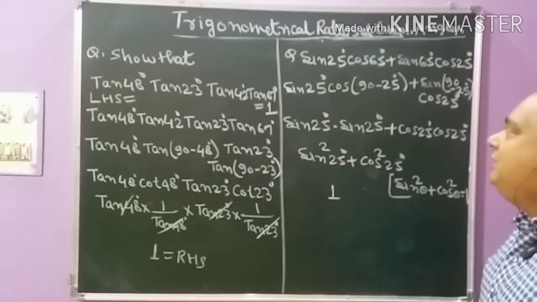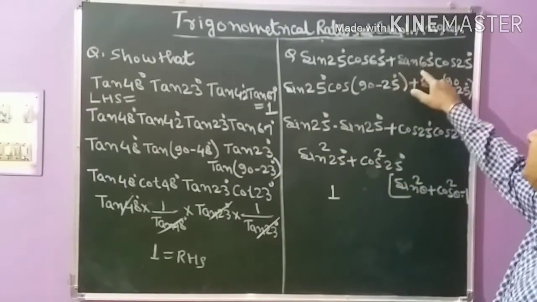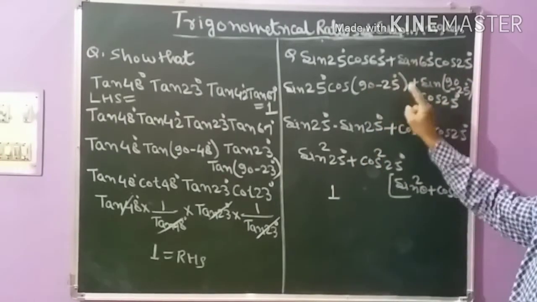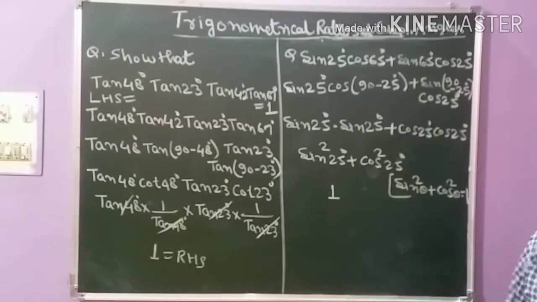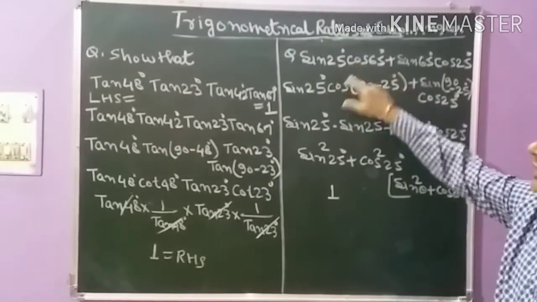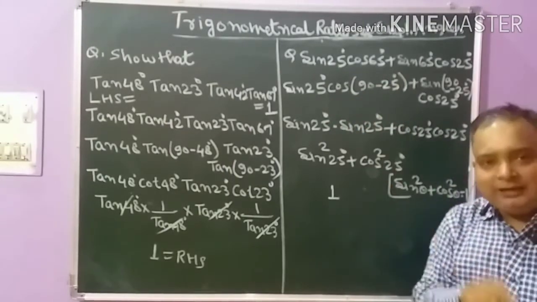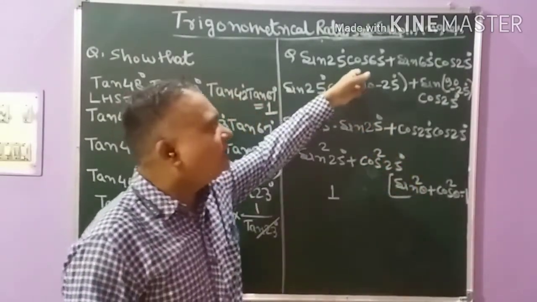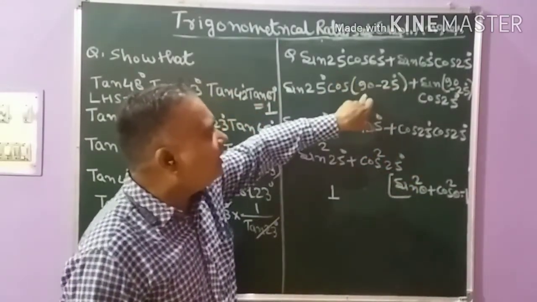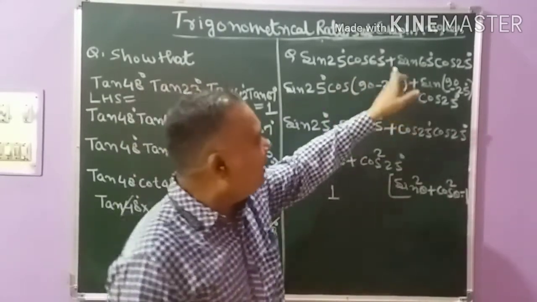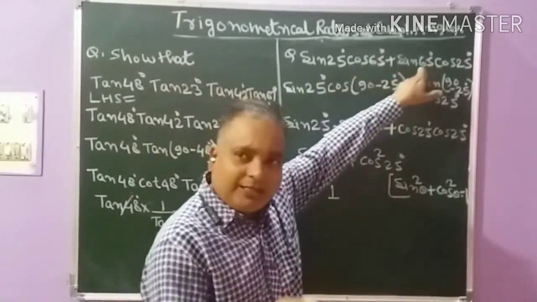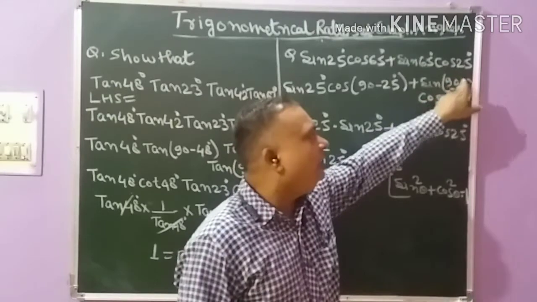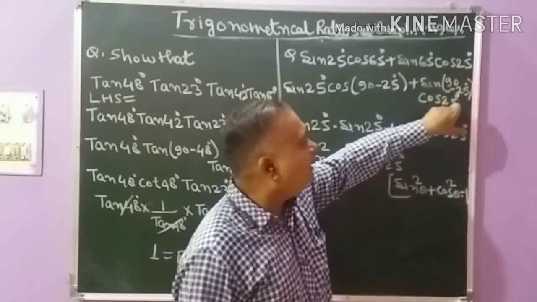Solve sin 25 degrees cos 65 degrees plus sin 65 degrees cos 25 degrees. See, for such types of questions there are two terms, both in terms of sine and cosine. So we have to convert like that: one term totally in sine function and the next term totally in cos function. So here in cos 65 degrees, I write 65 as 90 minus 25. Here I convert cos, here I will convert sine. So sin 65 degrees, again I write 65 degrees as 90 minus 25 degrees, cos 25 degrees is as it is.